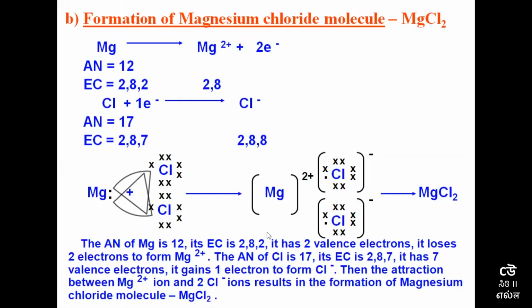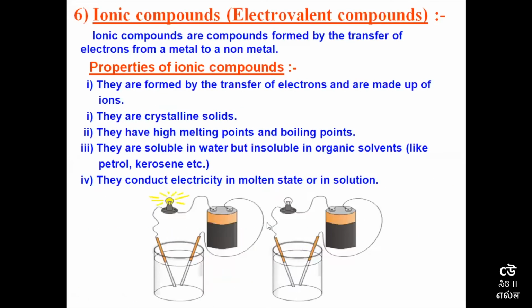Students, in the last video we were talking about formation of different compounds, where we have seen how sodium chloride is formed, how magnesium chloride is formed. Moving on to the next segment, let's talk about ionic compounds, which are also called